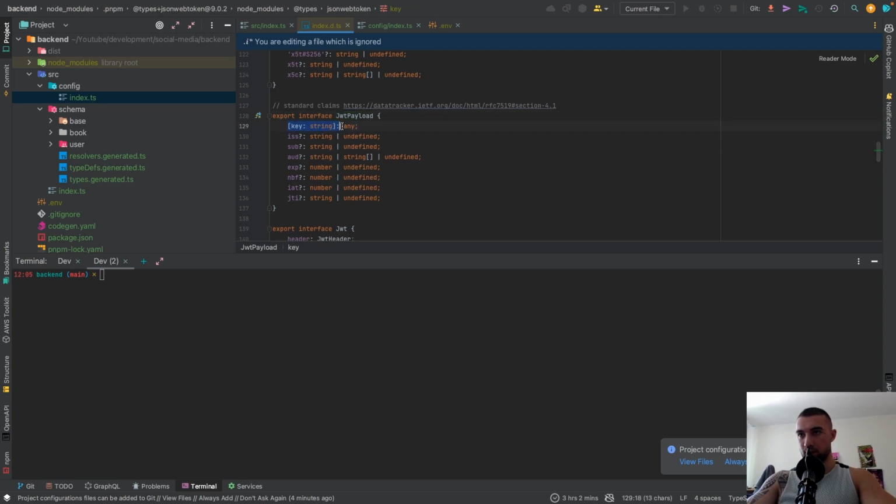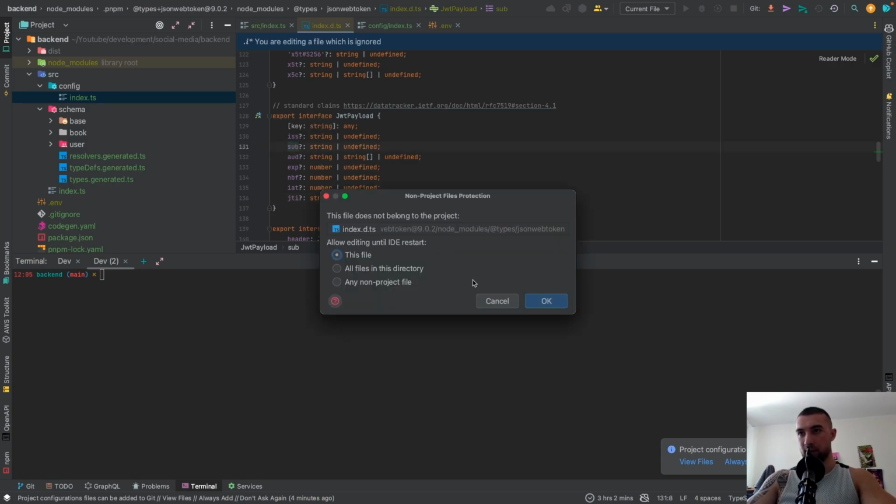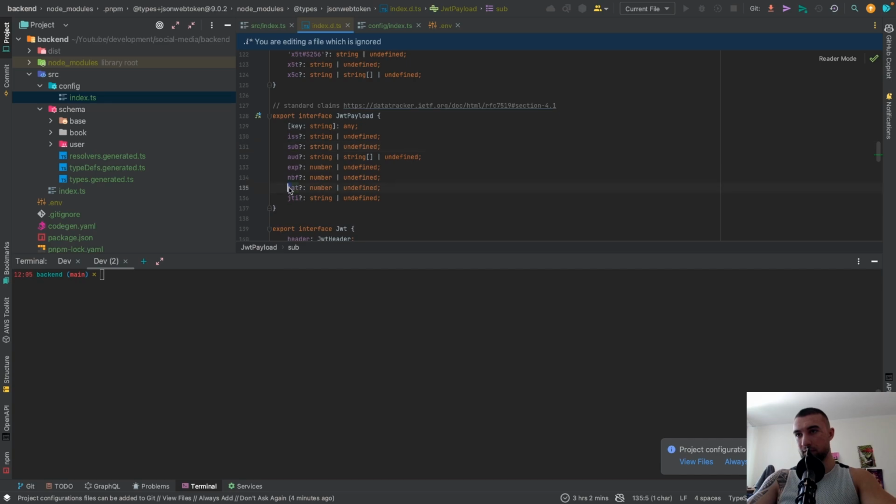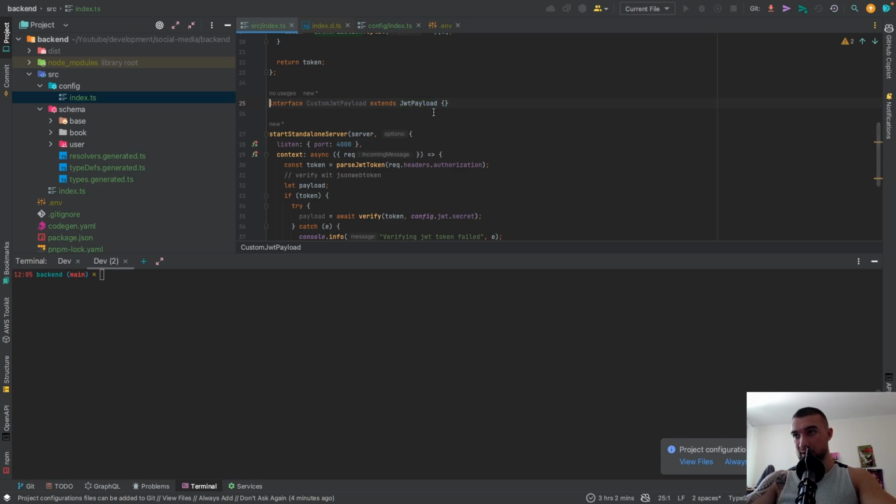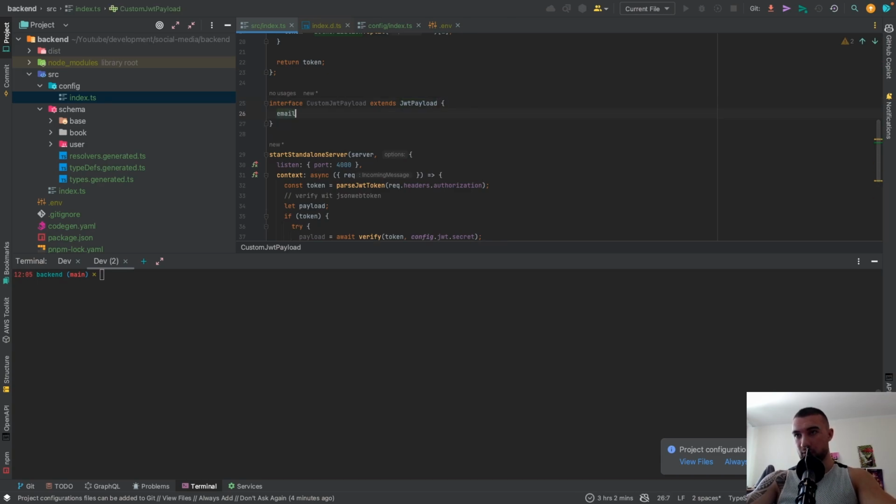This basically means that you can attach any key which is of type string, and it has default properties also, such as issue date, sub, which is the ID, I believe, and issued at, for example, and other useful properties. So let me extend this here and say we have also email,